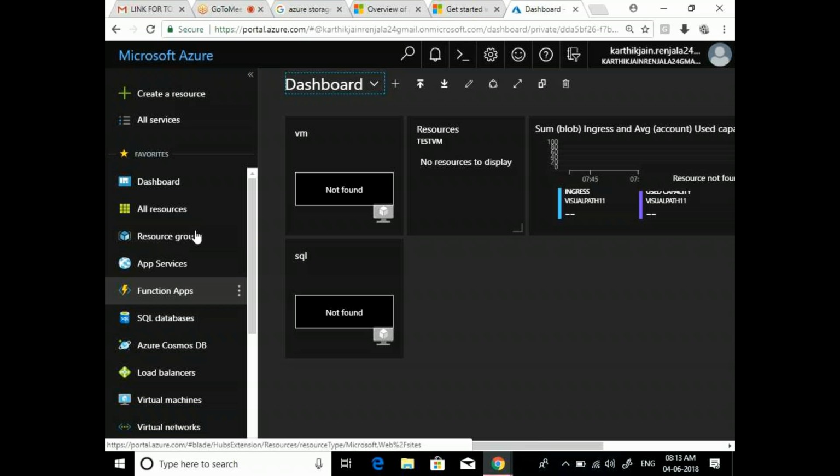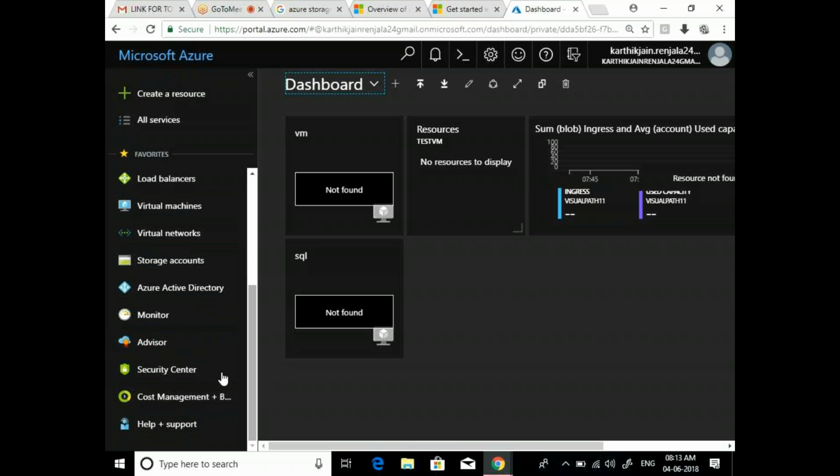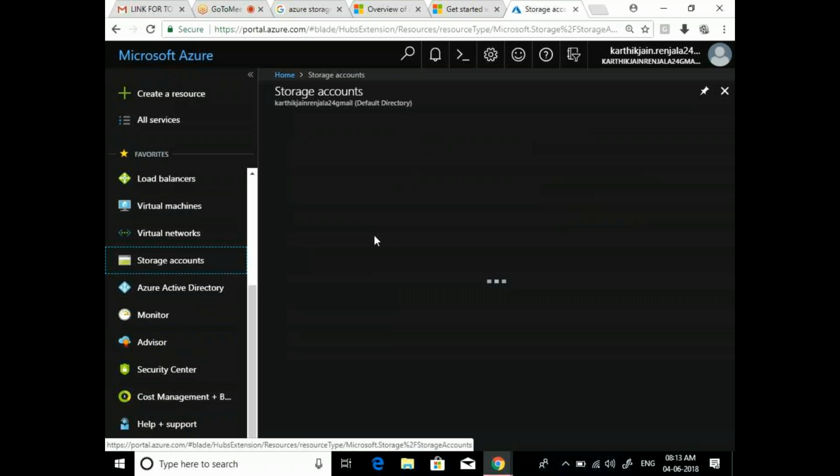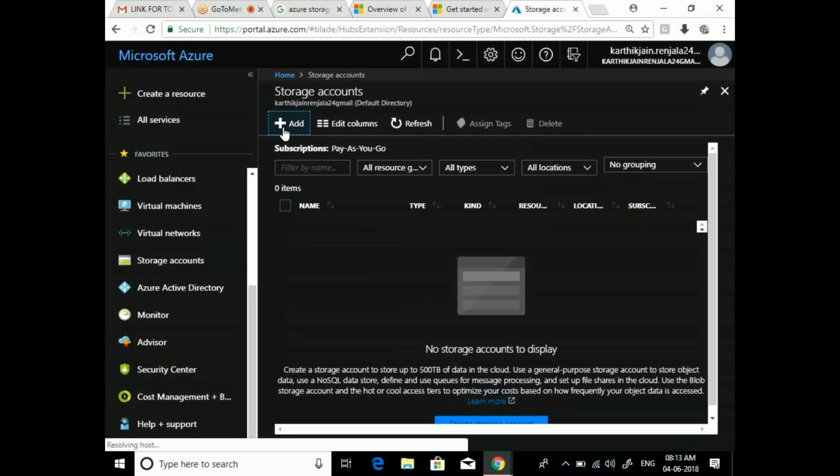Let me go back to storage accounts. Seems like I don't have any storage account, so I'm just creating a new one. As you already know, the same process.